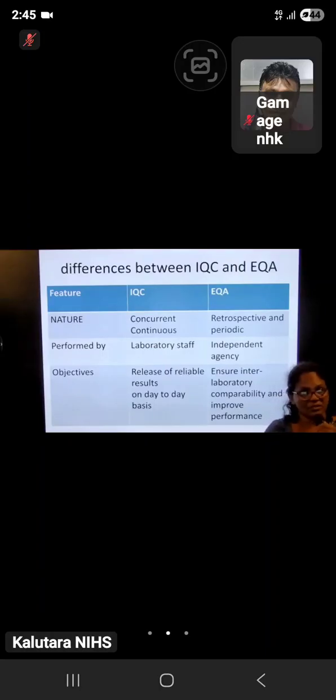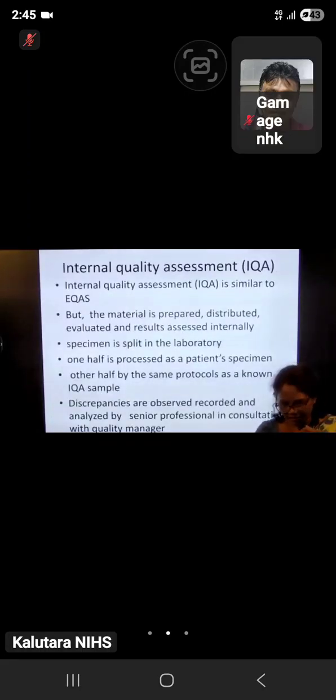I think now you must understand what EQA is. You don't have to learn it by heart; logically try to remember what is happening in EQA. Sometimes you may not be able to write the same words if it is asked what EQA is. But as you understand it, you can explain. So I think it is clear to you about external quality assessment.